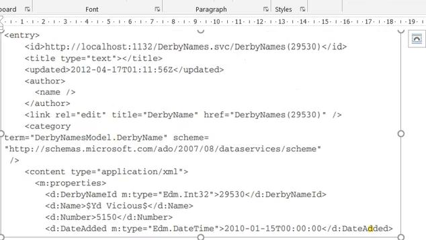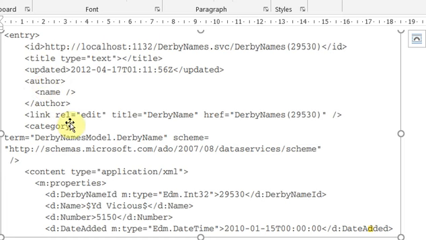Other than that, we are also telling the term Derby name. We are also setting the name as well as the scheme. Then the content type, here it is application, and what are the properties for the team. The properties for the team include ID, name, number, and when it was added. All this information you have to write. So in the exam, at least one or two you remember. These are optional. Author name, if you're not writing it is also fine. ID you write, title also if you're not giving it is okay. Then link you have to write.